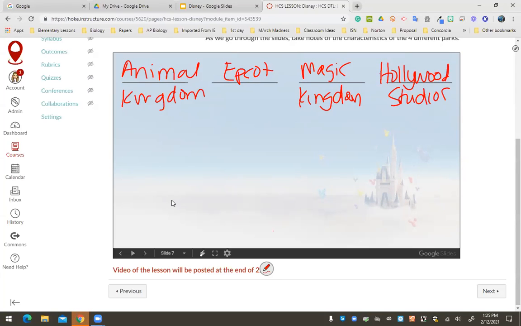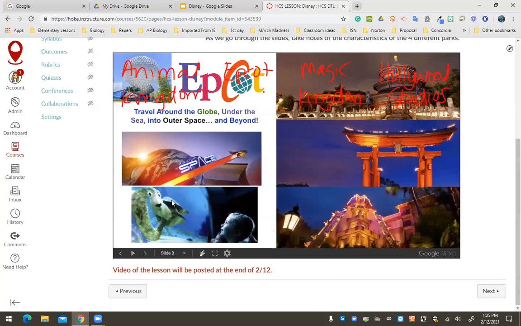So as we go through our lesson today, you're going to add to your note sheet. You're going to be writing down the characteristics as we talk through each one of these parks. So our first park,